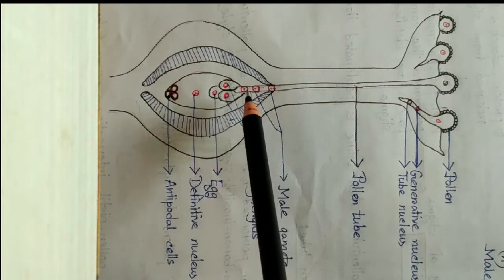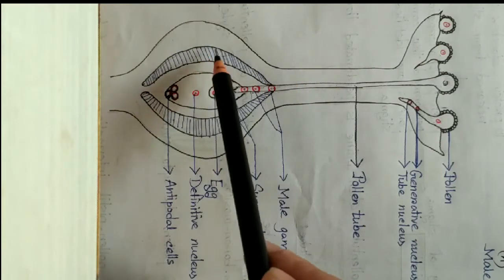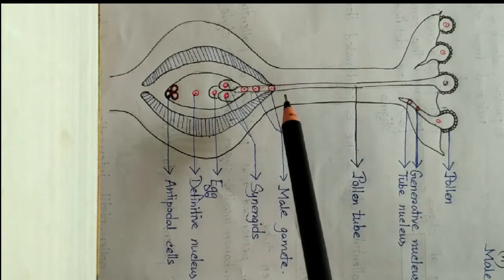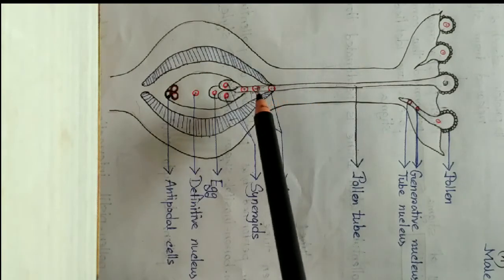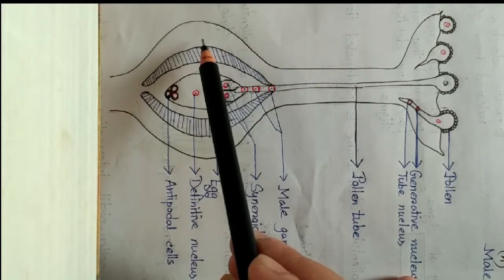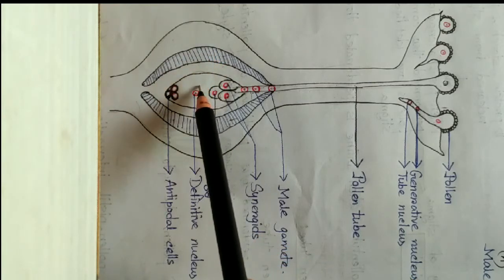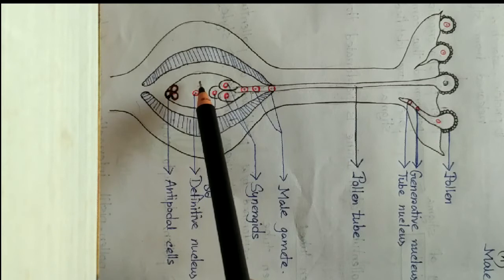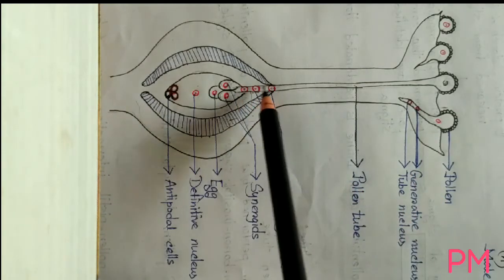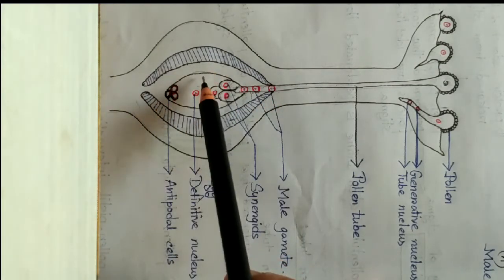If the pollen tube breaks the integument portion of the embryo sac, then it is known as mesogamy. That means the pollen tube comes through this way, breaks this integumentary part and enters through this portion. This is known as mesogamy. Any one procedure is followed, either porogamy or chalazogamy or mesogamy.